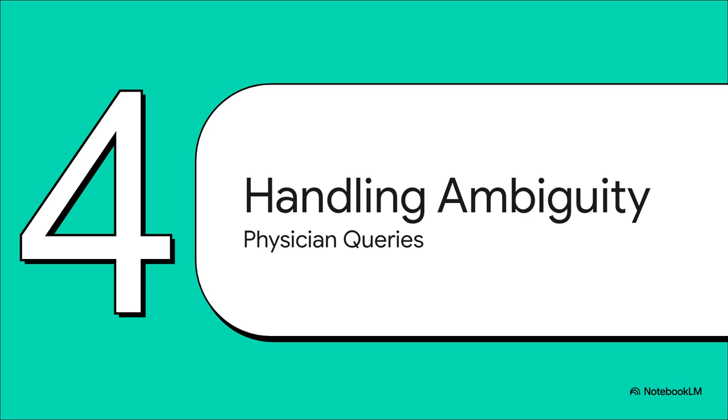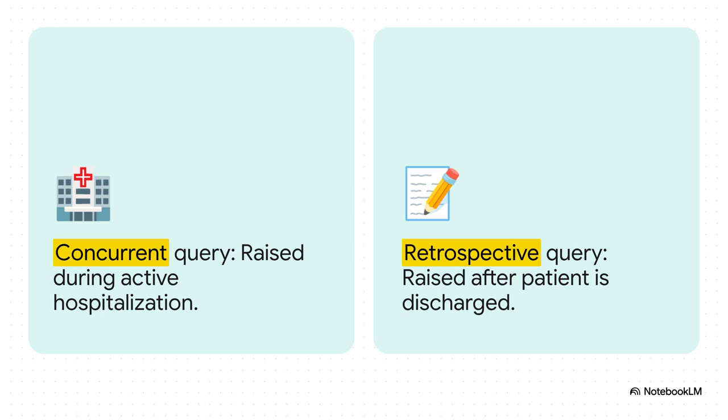That brings us perfectly to Section 4, handling ambiguity with queries. Depending on when you're digging into those ED notes, admitting progress notes, or early labs, you're going to need to issue a query. If you do this while the patient is still in a hospital bed receiving active care, that's a concurrent query. If you're doing it after they've already packed up and gone home, it's a retrospective query. Either way, these are absolutely vital tools to lock down the clinical picture before you send that final claim off